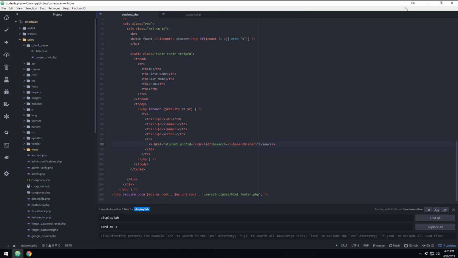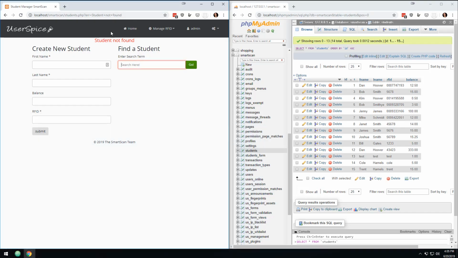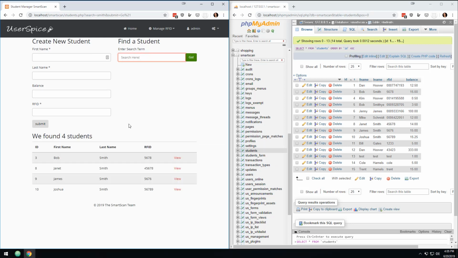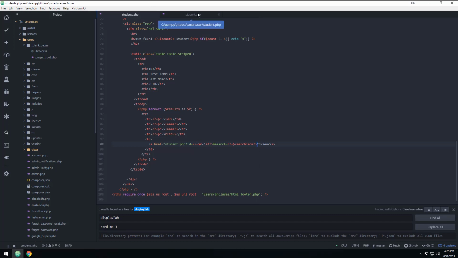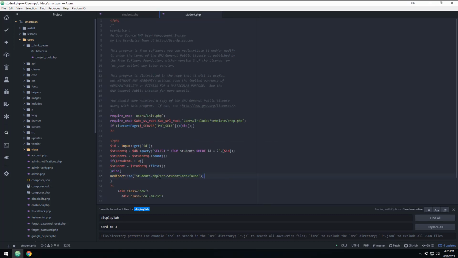So now watch what's going to happen. When we come over here and we do Smith, then we can see that we click on this guy, and we brought this Smith over here with us, which means that what we can do is on our student page, we can come back here and do search, and we'll do search term equals input